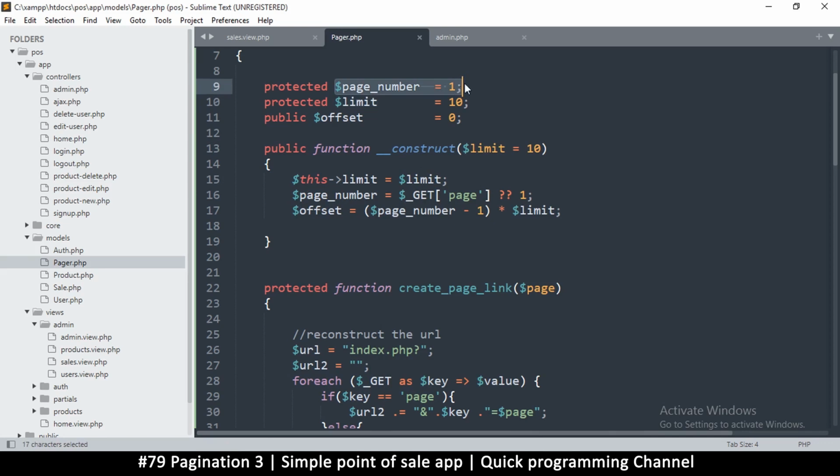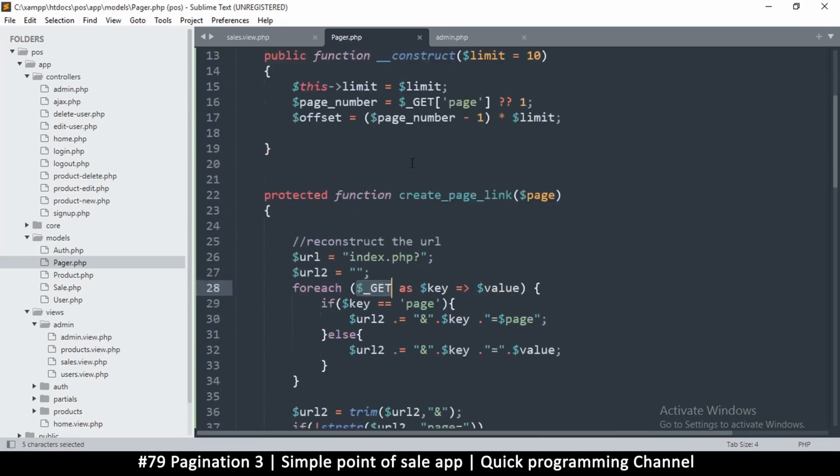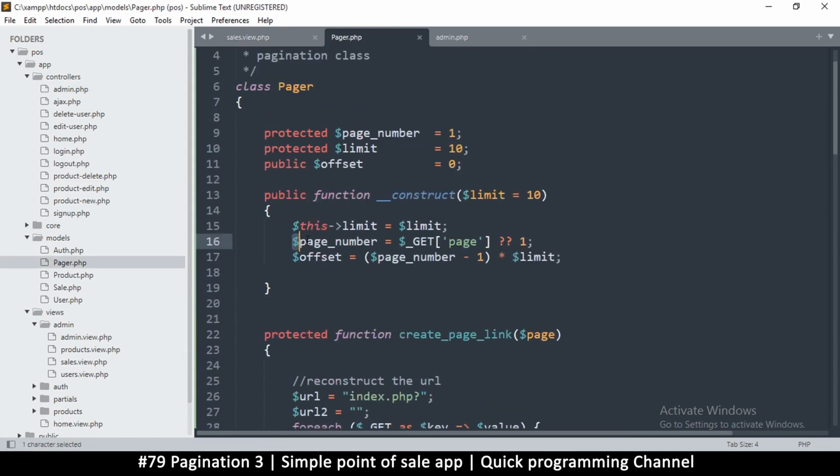The page number we can get from the URL here from the get URL. So that is what we did. Where is that? Right here. Page number is equal to that. That's what we did here. So we come back to pager. So this one is already here. So I want to change this page number here. So I'm going to say, I don't really know if we need this. Anyway, this page number, which is that one, is equal to whatever is in the get variable with page, or it's